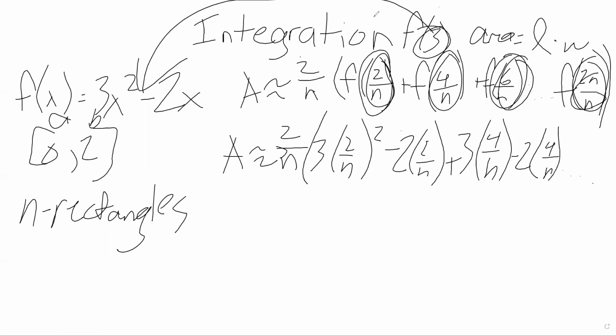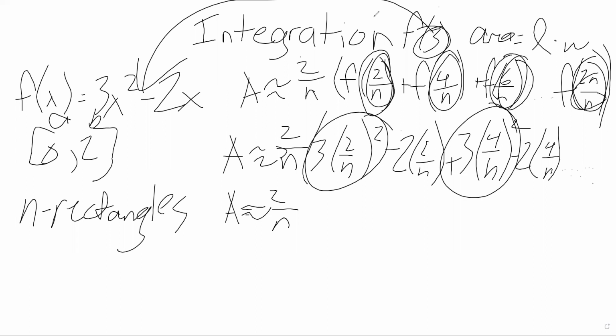I just don't have room, so that's why I'm leaving these dots. You should do that on the test for at least these 4 values. It should always be the first 3 values plus the last value. So ultimately what that's going to leave you with, sorry, this should be squared, is something that you should rearrange. Something where you should pull out these squared terms and you get left with 3 times 2n squared plus 3 times 4n squared